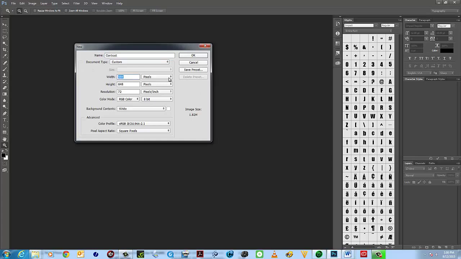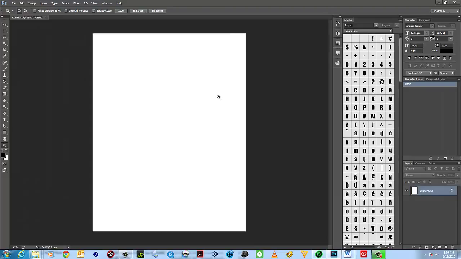And just like before, we're going to make sure that we're in inches for the width. We'll do a standard 8.5 inches tall by 11 wide at 300 dpi, just in case we want to print it down the road. And obviously, if we do place this on the web, which we will definitely do, we're going to have to convert the file to 72 at some point. And I'll be going over that again in more detail. So we're going to click OK, and we're going to start off